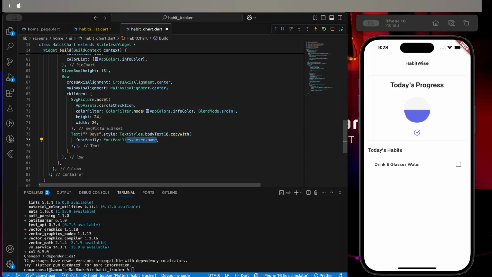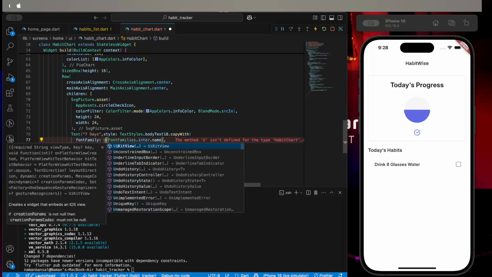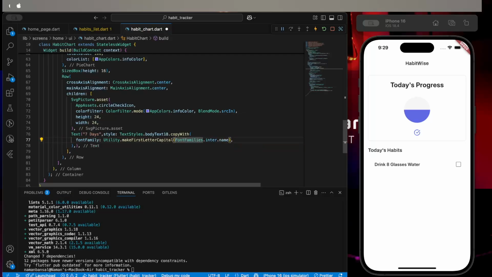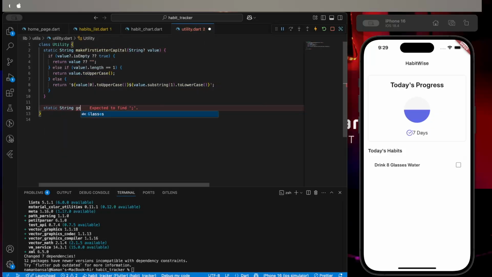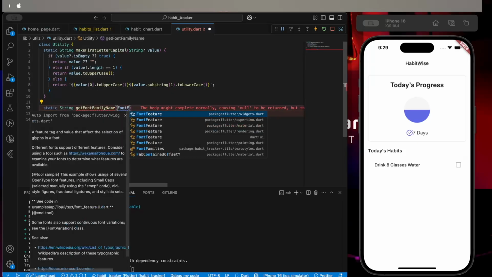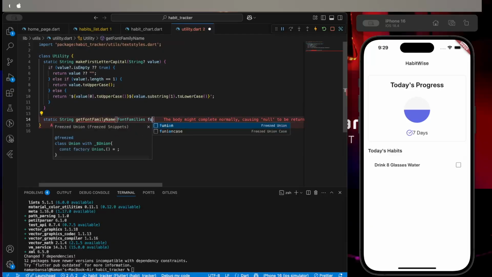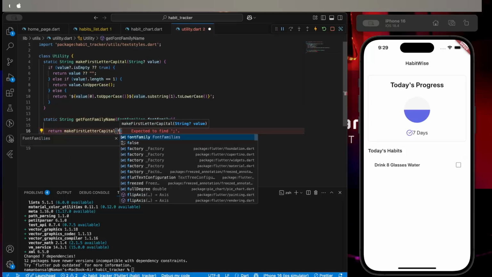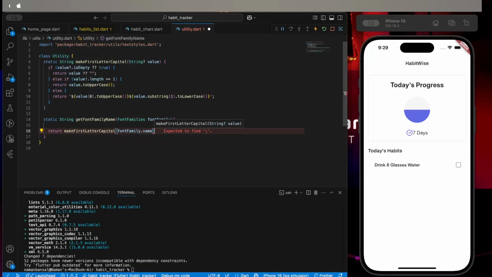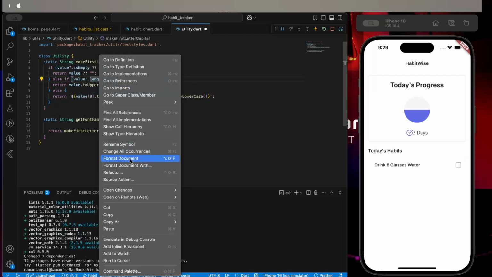Then we have to add this one, utility dot make first letter capital. I was thinking rather than doing this stuff, we can have static string get font name, font family name, and then we can return make first letter capital as font family dot name. And yep, format document, and yep,